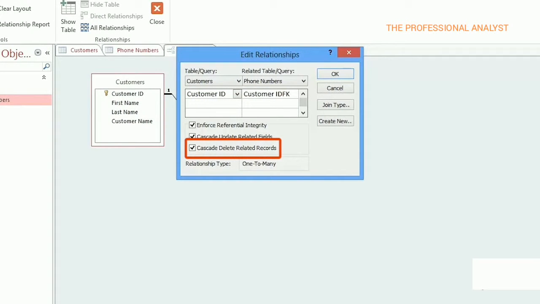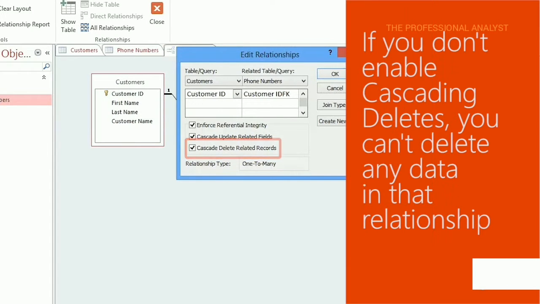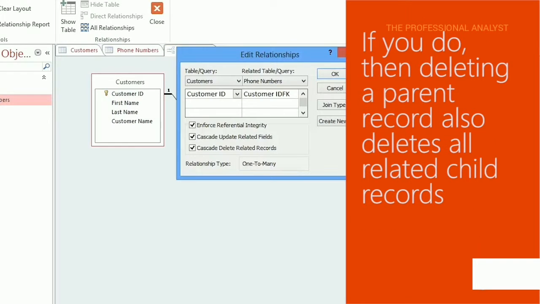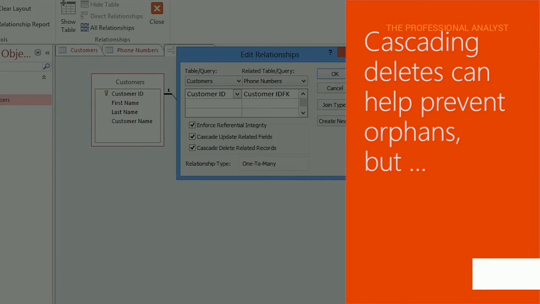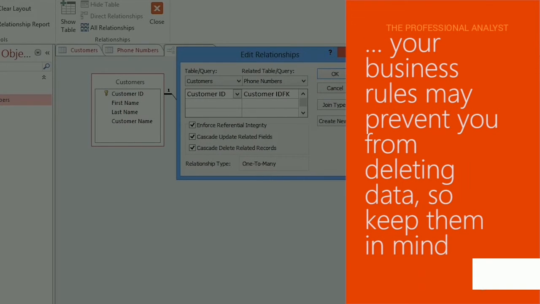Cascading Deletes control whether you can delete data. If you don't select the option, you can't delete. But if you do, then when you delete a record, Access deletes everything related to that record. For example, delete a customer, and the phone numbers go too. That can be a good thing because it prevents orphans, numbers with no customer. But remember, your business rules may prevent you from deleting data, so keep them in mind. They can be a key part of your database design. And finally,